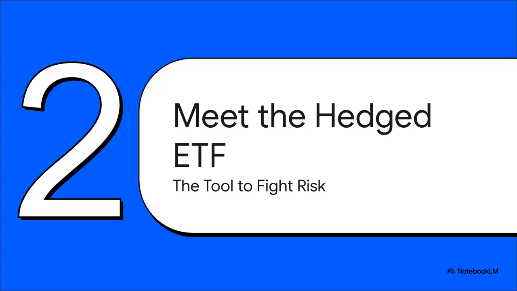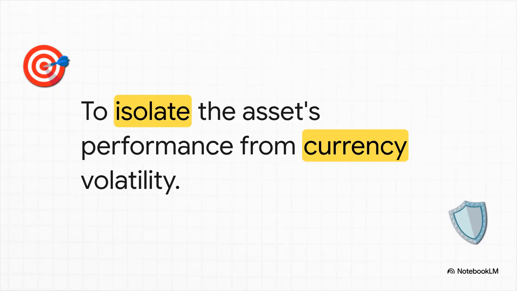Which brings us, pretty neatly, to the purpose-built solution designed to solve this exact problem: the Currency Hedged Exchange Traded Fund, or ETF for short. The whole point of a currency hedged ETF is actually beautiful in its simplicity. It just tries to give you the pure return of the foreign asset, almost like the currency fluctuations didn't even exist. So, if we go back to our Japanese stock example, a hedged investment would have gotten you much, much closer to that original 10% gain because it would have stripped out that negative hit from the yen's fall.